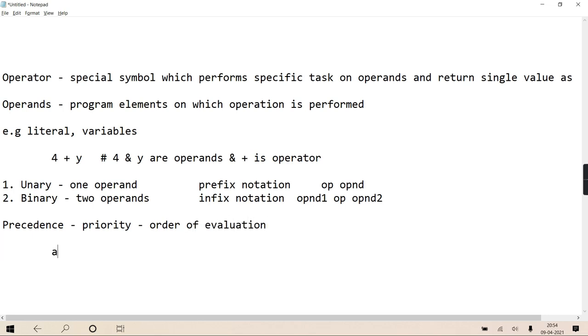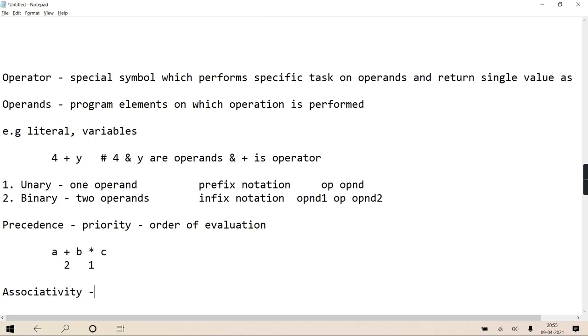In any expression, like I have written A plus B into C, you know that there are two separate operators, one is plus and another is star. Grammar wise, whenever they designed the language, they decided the precedences also. Star has first precedence and plus has second precedence. So obviously, star gets evaluated first: B into C is evaluated, the result comes, then A plus that result, because plus has the next precedence. And then comes associativity also.